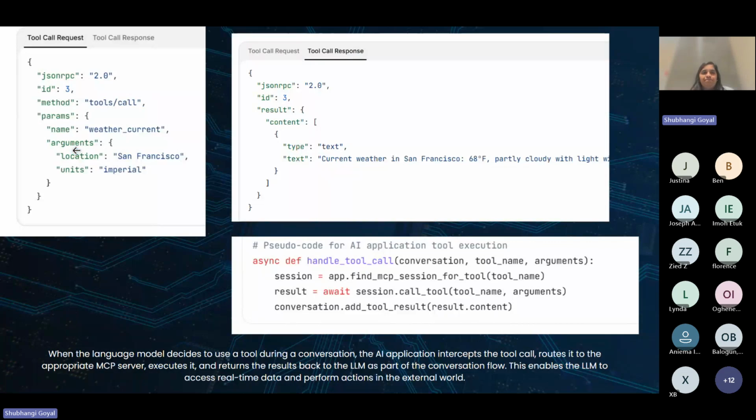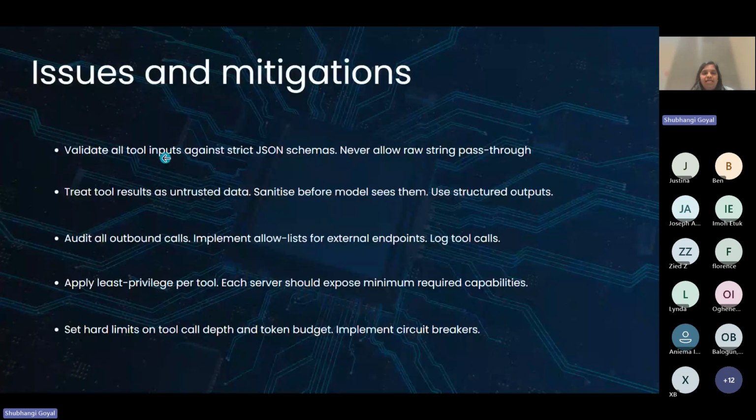Then some issues you might run into, which I've seen a lot of people do sometimes. Firstly, validate all tool inputs against a strict JSON schema. Don't just pass a wrong string, because it can create several issues. So have a process to validate every strict JSON schema, maybe have a review process, or a checkpoint process where you can check how the schema is written. Is it right or not? Is it allowed to be passed through? So make sure those things are done.